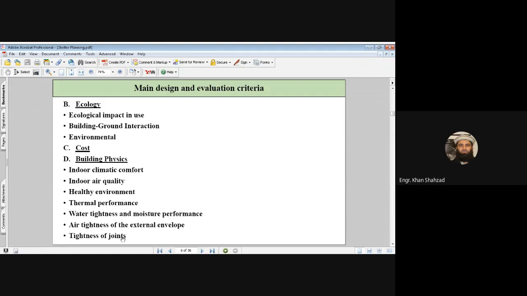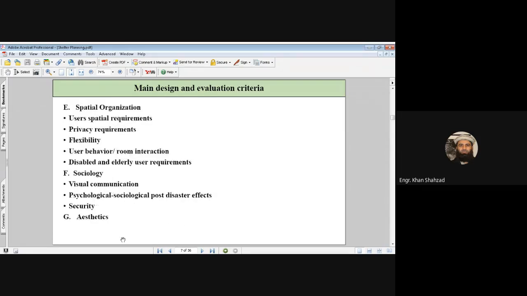Tightness of joints. The joints of these shelters, we will discuss in the next slides, should be strong enough so that they can resist the load which is coming on it due to wind, or due to snow, or due to rain, or if the people who are living in this shelter are going to keep or place some household things or some material on the top of it, or when they are trying to suspend something from these joints, or from these bracers, or from the component of the shelter structure.